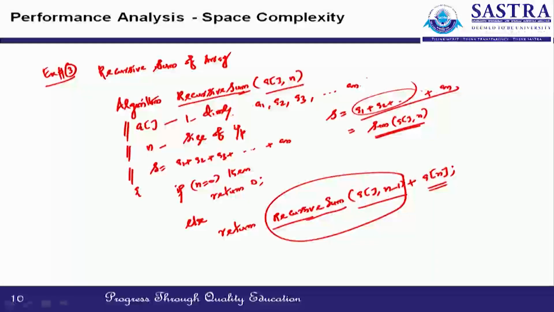So, in general, recursive sum of A array comma n is equal to recursive sum of A array comma n minus 1 plus A of n. If we write end if here, then the opening curly brace closes here, this is the end of